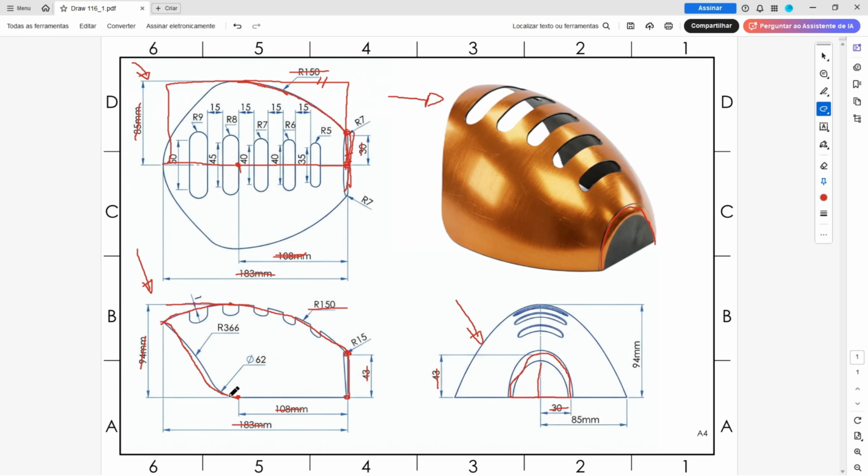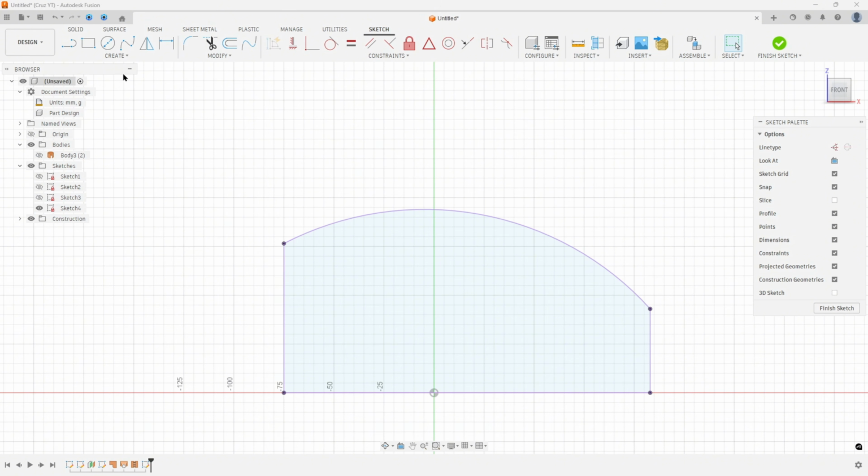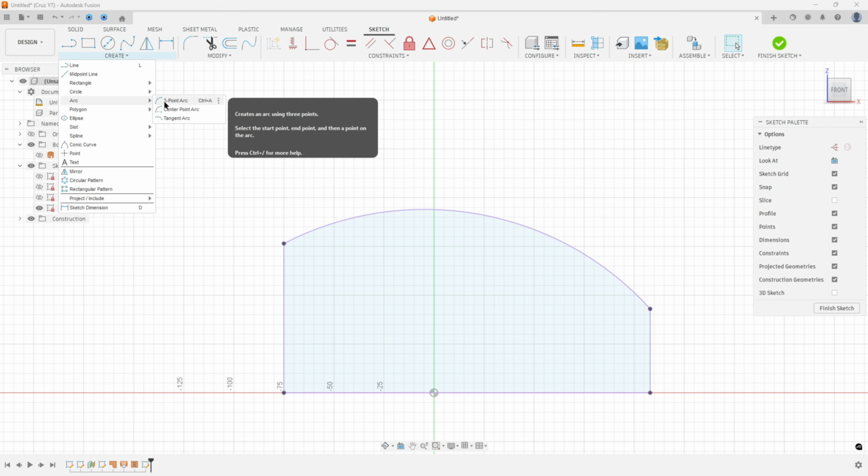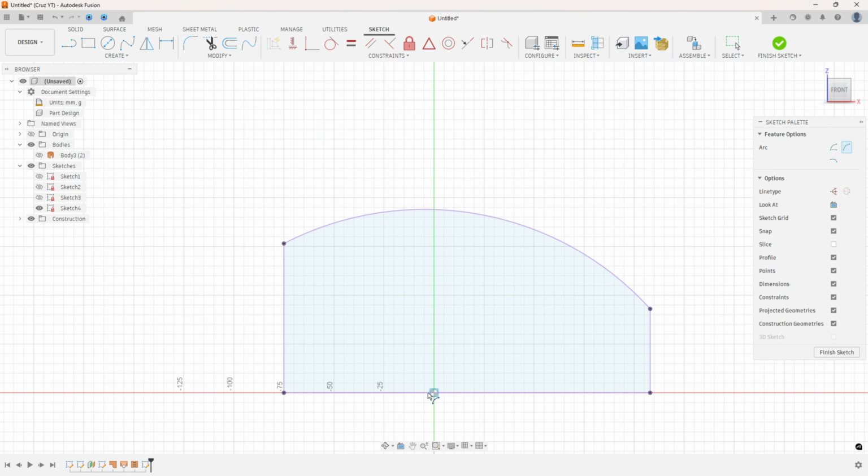And here we will create this arc with 62 millimeters of diameter. This arc is tangent with this line and coincident with the midpoint. And we will create this arc here with 366 millimeters of radius and coincident with this point of the rectangle. So go to create, select the arc, 3-point arc, click here in the midpoint, make an arc here, and create